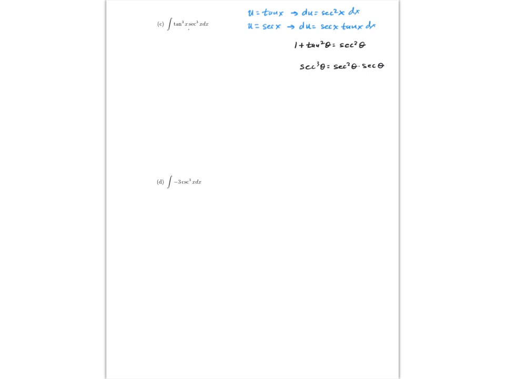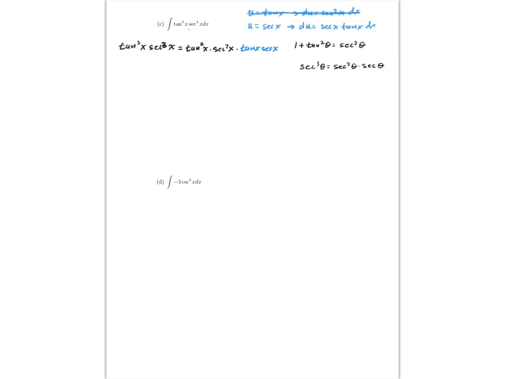So this is what I mean. Therefore you can rewrite tangent cubed x secant cubed x as tangent squared x times secant squared x. This should be cubed. And then you'll have left tangent x and secant x, which if you select u to be this, then this will be the du. So that's how you know that's what we're using. So the other one is not going to work for this problem.